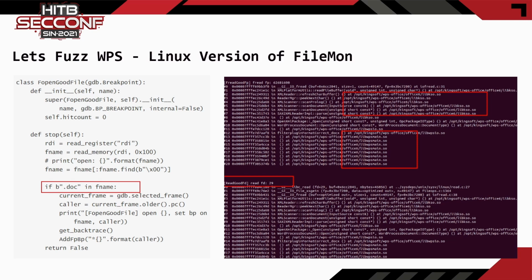If the file to be opened is determined to be a DOC file, the call stack will be printed and some information will be recorded. Then it will set a breakpoint on the return address of the call to fopen. The purpose is to obtain the return value of fopen, which is used to filter fread, fwrite, and other function calls later. The picture on the right is the call stack of the read and fread functions when WPS is